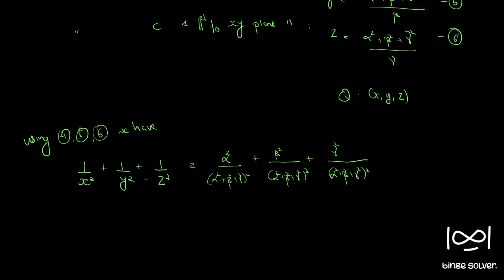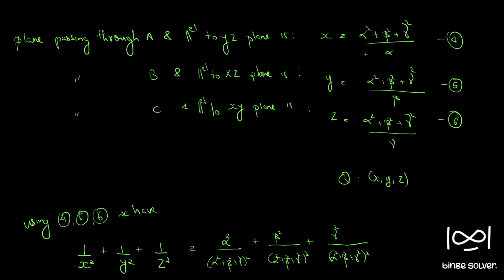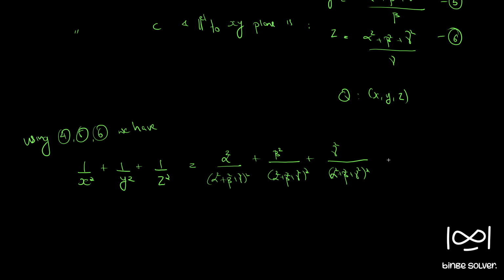So instead of x, y, z, we substitute in this equation. So we got this. You simplify: alpha square plus beta square will divide with